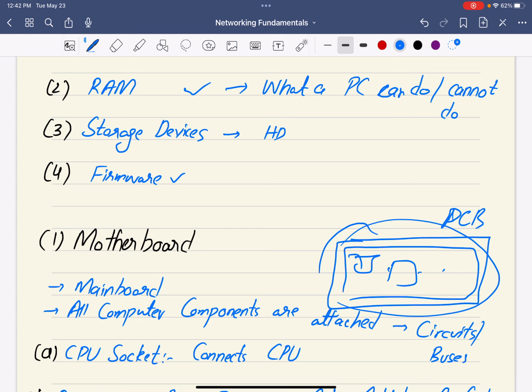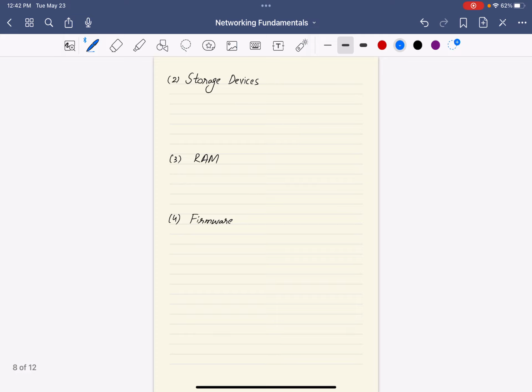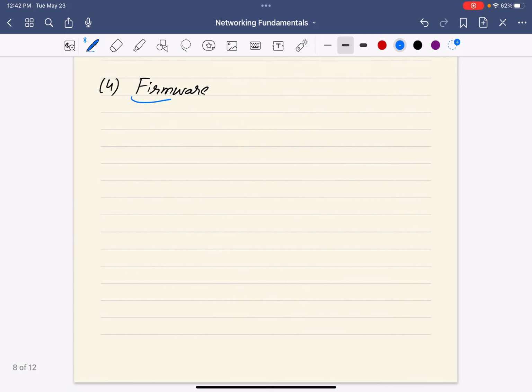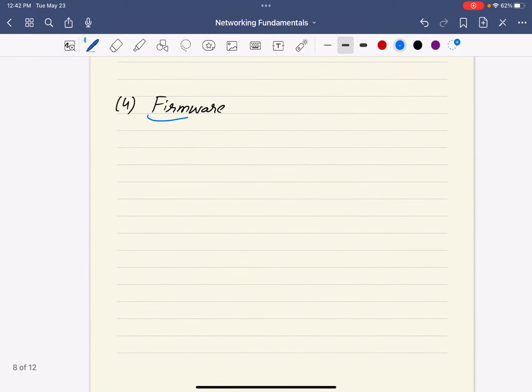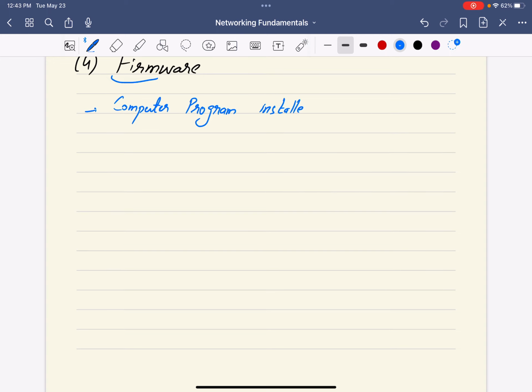Last thing is the firmware. So let's see what exactly the firmware is. We have discussed the storage devices, RAMs. Let's talk about firmware. Firmware, as the name suggests, is firm software. Firmware is basically a computer program, you can call it software as well, installed by the developers